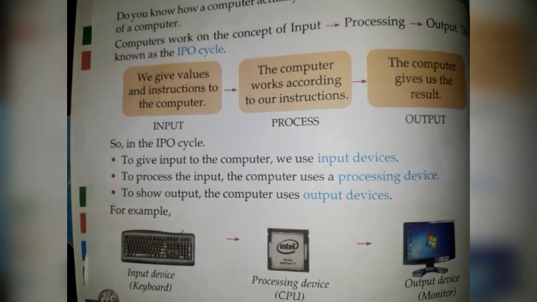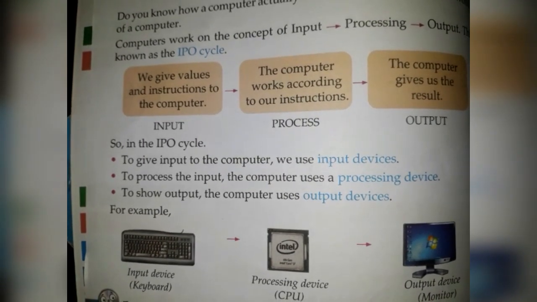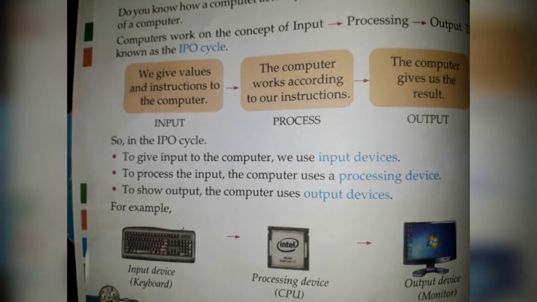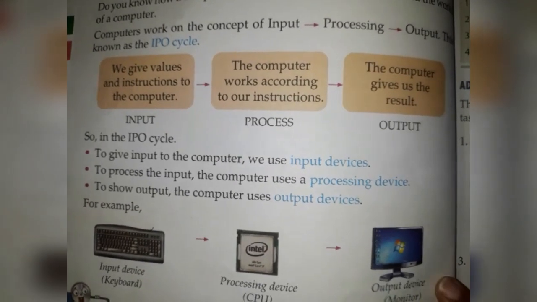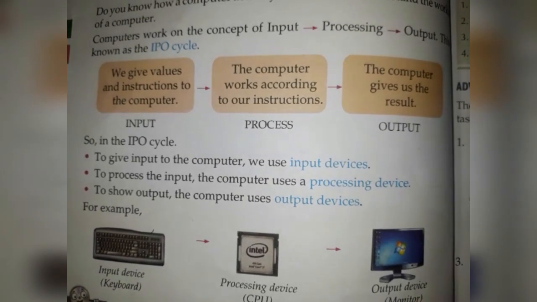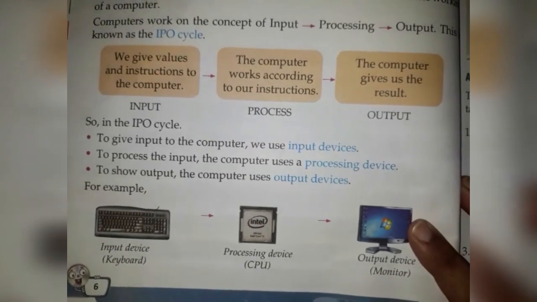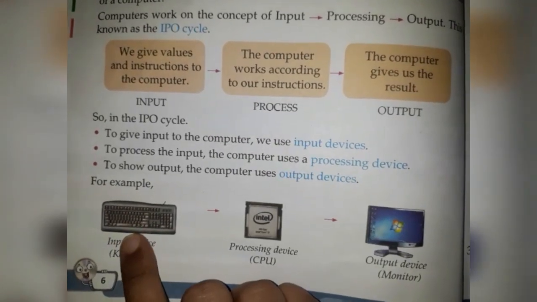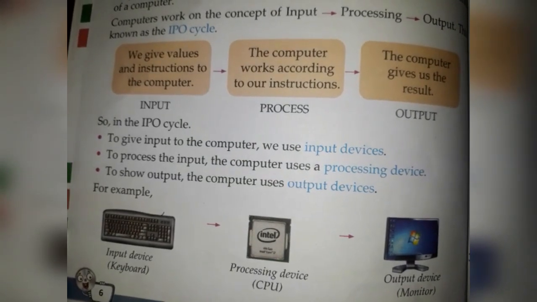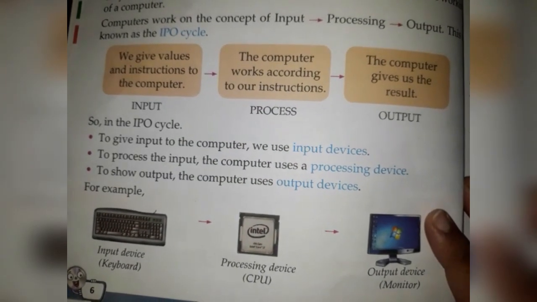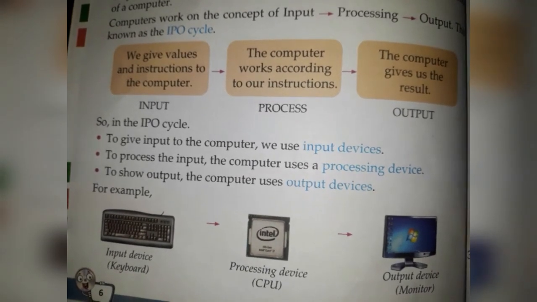Okay, so for giving input to the computer we need some input devices. These are the devices with the help of which we give input to the computer. So what are these input devices? When we go to the lab we see this keyboard which is attached to our computer, and a mouse is there. So these are the devices which help us to give input to our computer, and they are called input devices. Keyboard and mouse are some input devices that we see in our lab.